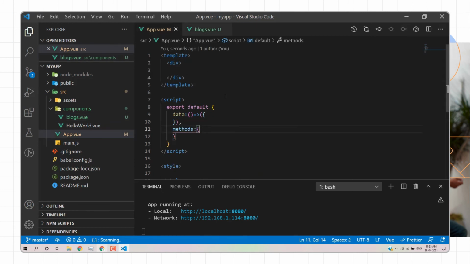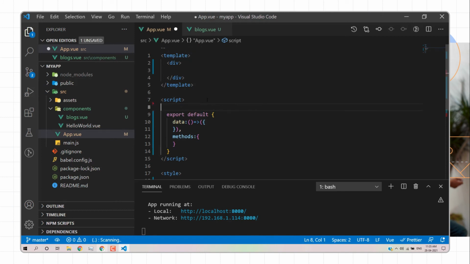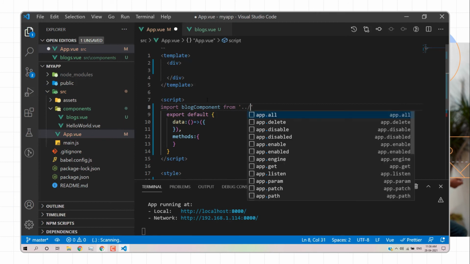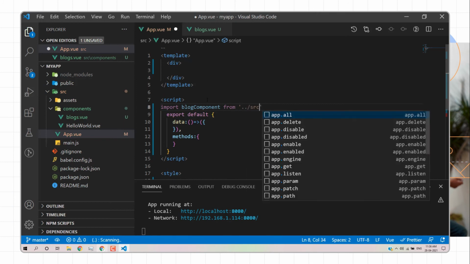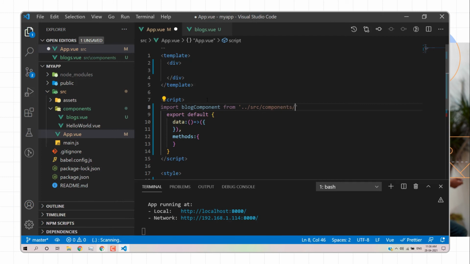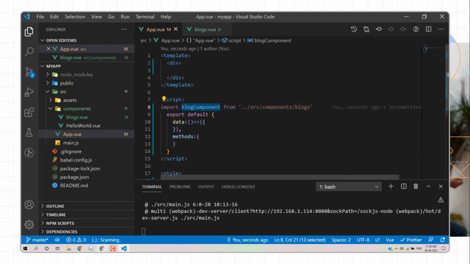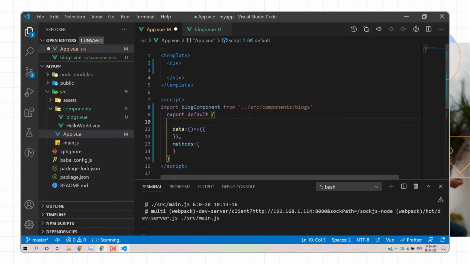So we'll write a logic block import, then we have a blocks component, and from, and then we need to pass the value. So here we have a src directory, and here we have a component, and then we have blocks. Okay, so this is a blocks, we have imported this block component. Now we need to register this particular block. So how can we do that? First we have a component as a property, here you can pass the block component, and that's it. And then you will be able to see the content.